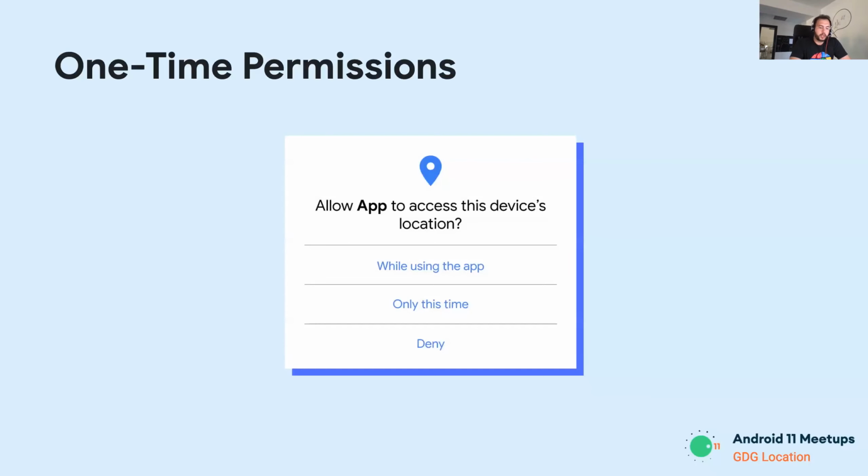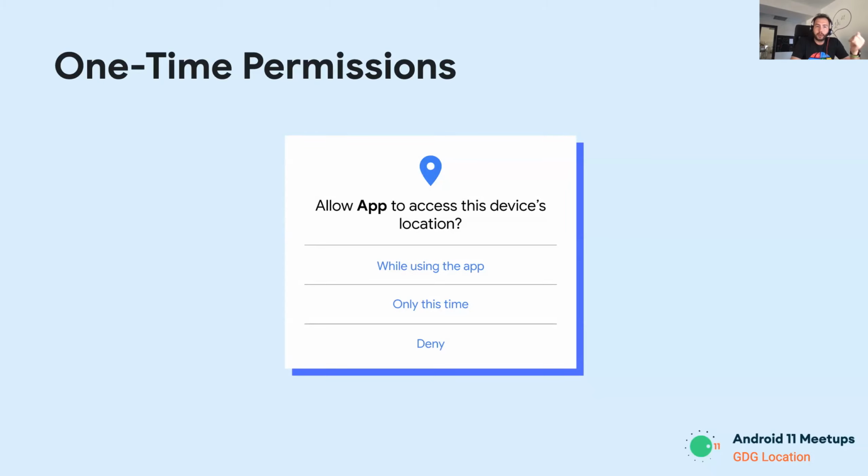Moving forward, you've all been working with permissions. It's been like 4 versions already, since Android 6, that we've had to work with Android permissions. Now they've introduced a new interesting bit, which is one-time permissions. These are permissions that the user can grant only while the app runs, during the current session of the app. From our perspective as developers, this does not require any work if we already follow the best practices.